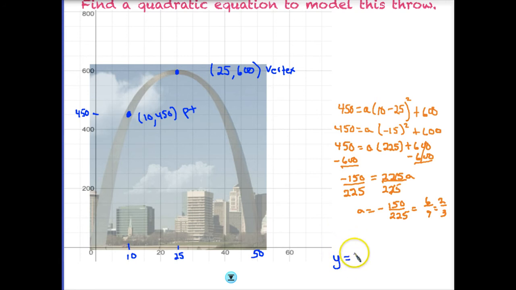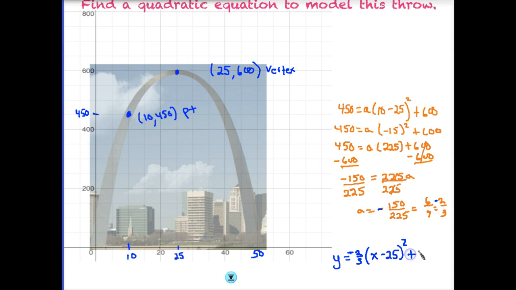So our final equation is going to be y equals, and I'll go ahead and leave this as 2/3. So we have 2/3, and it's negative, by the way. Can't forget that it's negative because of this negative right here. And we can look at our arch and see that it opens down, so our a value does have to be negative. And then it's going to be x minus 25